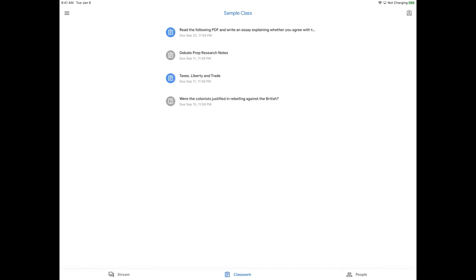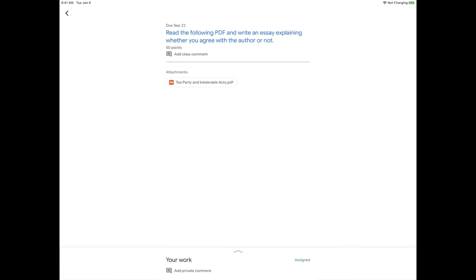So I hit the left arrow key, so now I'm back here. Notice it's grayed out because I did it. Now let's imagine that I need to get something from a teacher. Maybe a teacher has a worksheet that I need to work on or a PDF that I need to read. So we're going to look at how to do that. There's a couple different ways, actually. So I'm going to go with the assignment that says read the following PDF, blah, blah, blah. It's at the top. So it says read the following PDF, write an essay explaining whether you agree with the